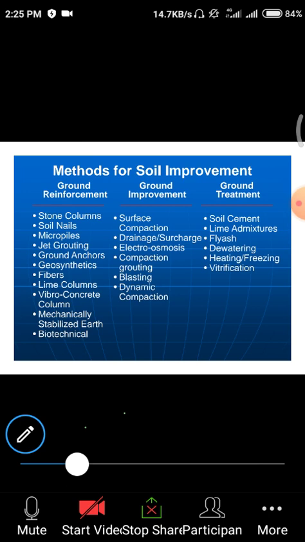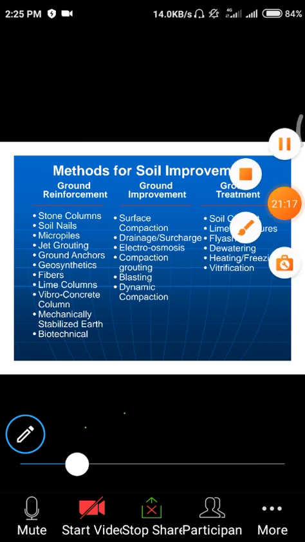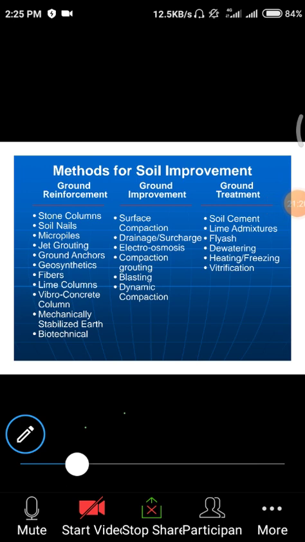Ground improvement simply means we need to densify the particular soil. Density normally has units of kg per meter cube. That means in a particular 1 meter by 1 meter by 1 meter, different materials have different densities. Like steel has 7850, concrete has 2450, cement has 1440, and silica has different strengths depending upon their structural and molecular basis. Like that, we need to improve the density of the particular materials by using these ground improvement techniques.